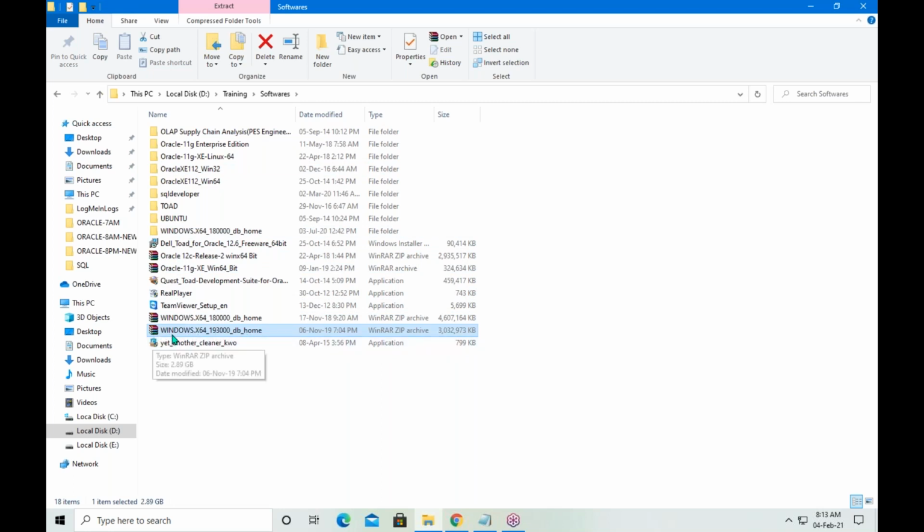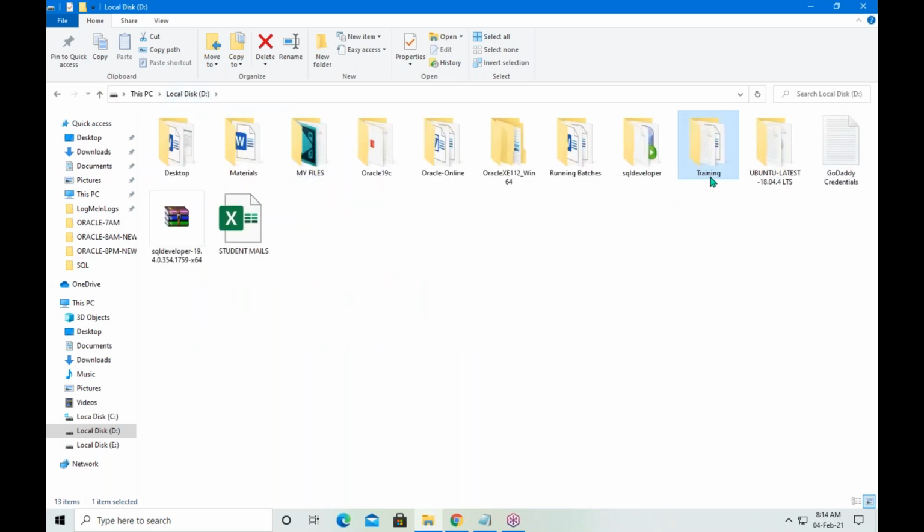Okay, extract the folder. This is a zip file. Extract it. Then you have this. Actually, I placed it directly in the D drive. Here, Oracle 19c.